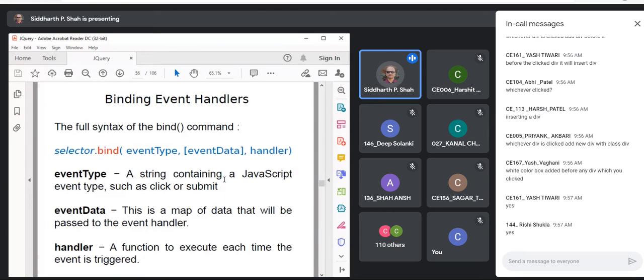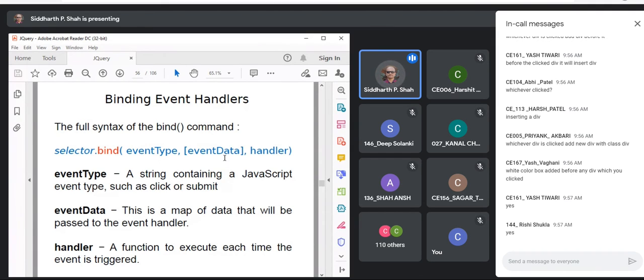Now, how can we handle these events using jQuery? We know how to do it in JavaScript, but now we are going to see the jQuery method. There is a bind method, or bind command, you can say. Whatever selector you call bind on, it takes three arguments. The event type, whichever event you want to bind with that selector.